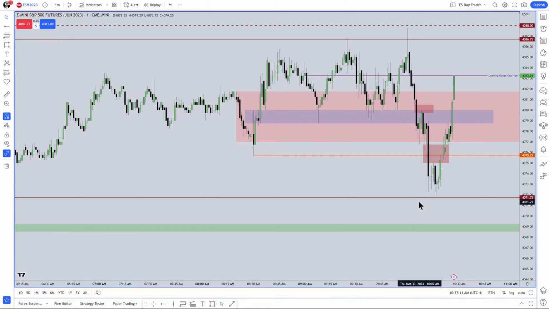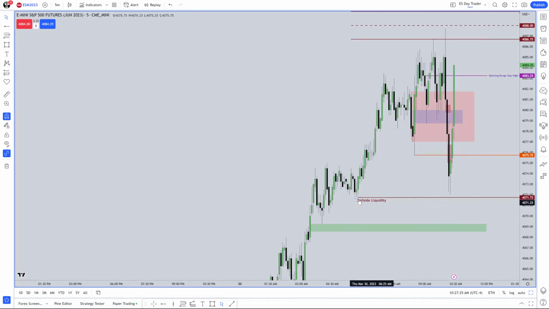Remember, I teach partials. I teach that you have to pay yourself. I teach you that it's just a way for you to frame your expectations on where the price should gravitate to. So go back up to a 5-minute chart real quick. So here's the low I was anticipating a draw to. Fair value gap here on the 5-minute chart as it went up into there. So as we hit that,